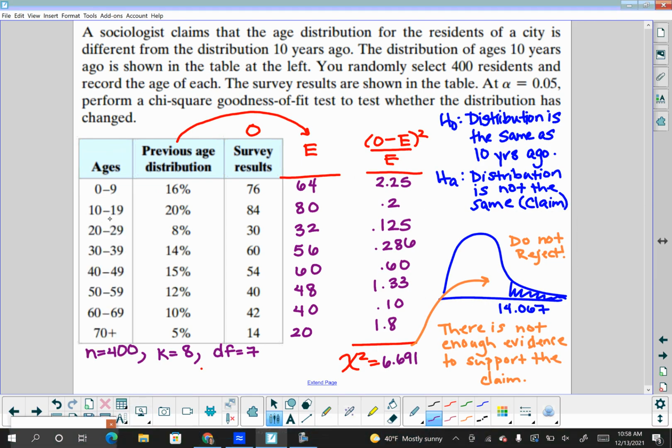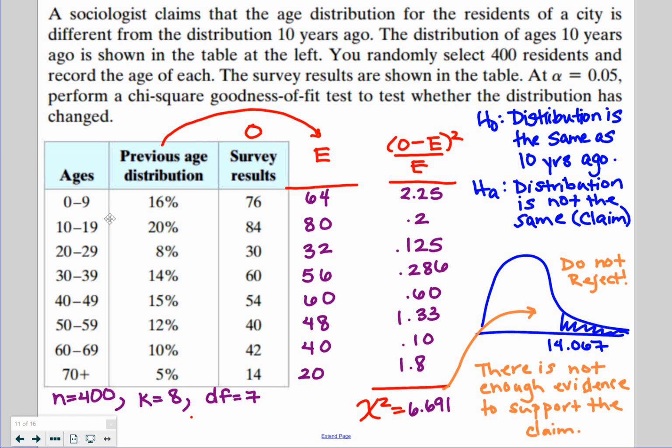So you should have, check your E's first, your expected frequencies, and then maybe check your chi squared after that. You should have about 6.7, depending on how you rounded it there. If that number is wrong, you can check each of those littler calculations to get up to it. Your N is 400, categories are 8, so degrees of freedom is 7, with a level of significance of 0.05, degrees of freedom of 7 off of your table should give you